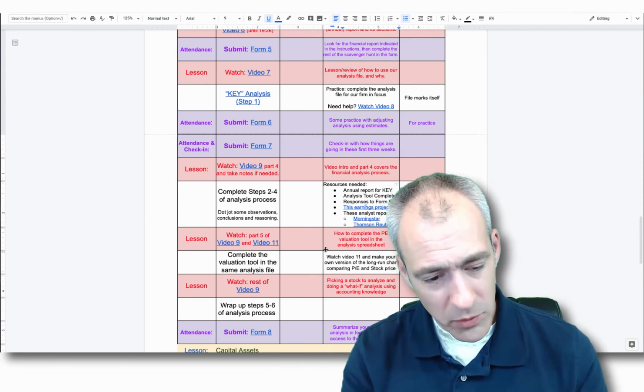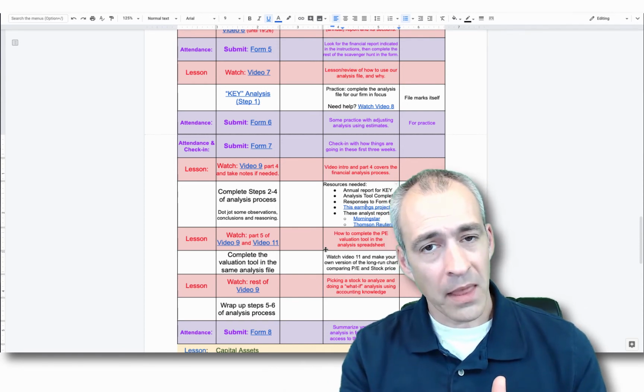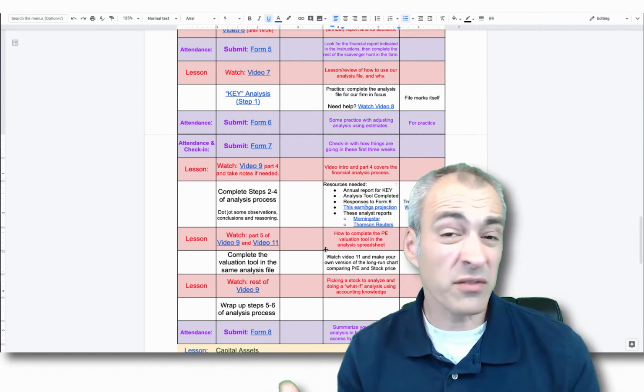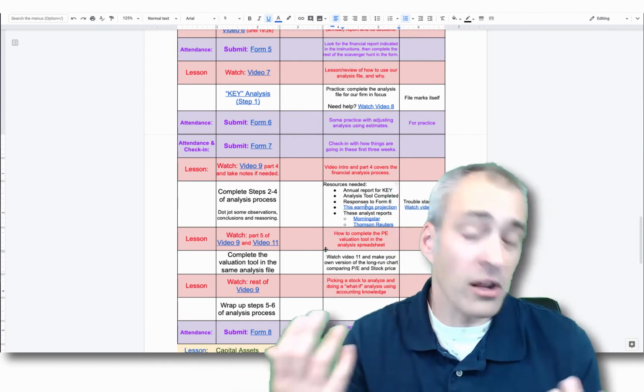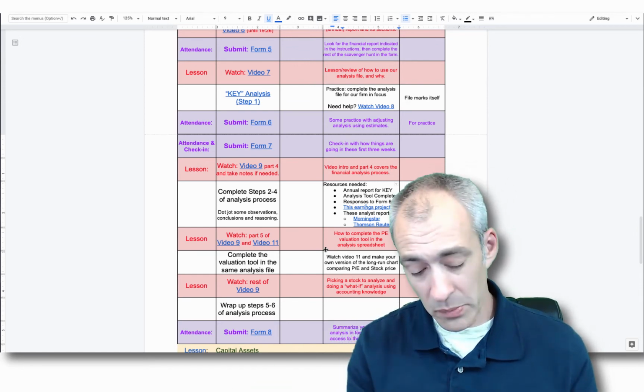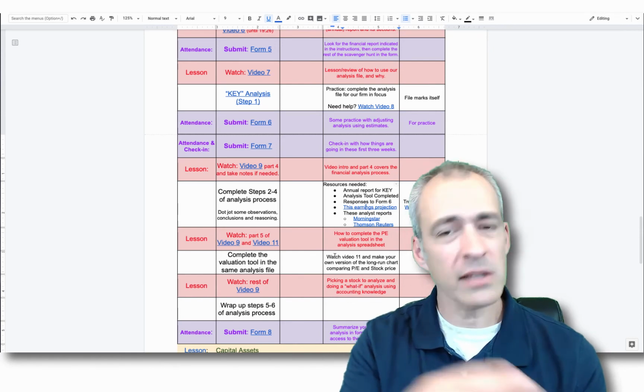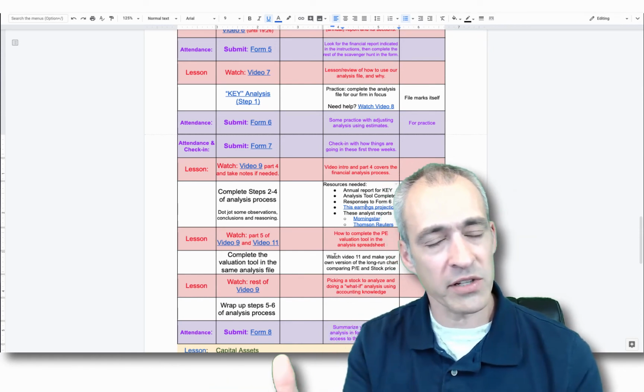And they can really help you get insight into things that you yourself won't necessarily understand from the annual report, plus information that might not be in the annual report, such as competitor information, the analyst projections, and that sort of thing. And they do this for a living, so hopefully they have a better understanding than you do.